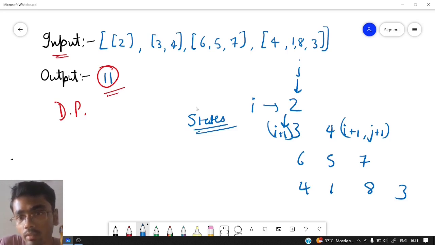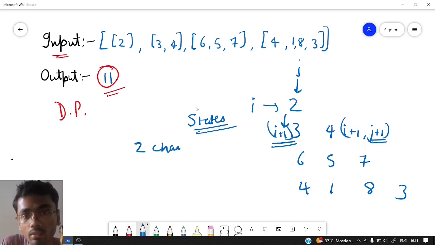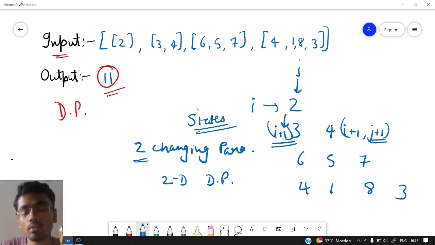So you can see that there are two changing parameters, that is I and J. Nothing else is changing in this question. So the number of changing parameters is the number of states in the DP table. Since the number of changing parameters is 2, we will create a 2D DP. So now we have cleared how many states our DP table will contain.